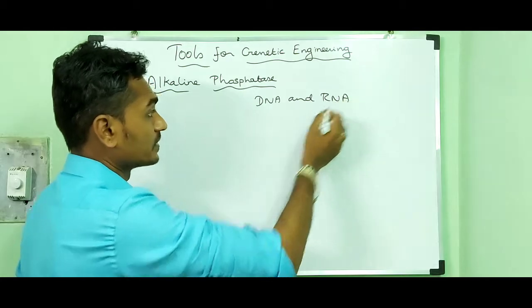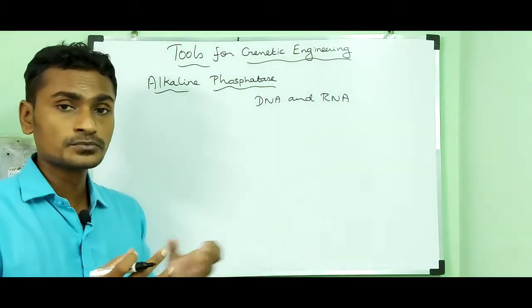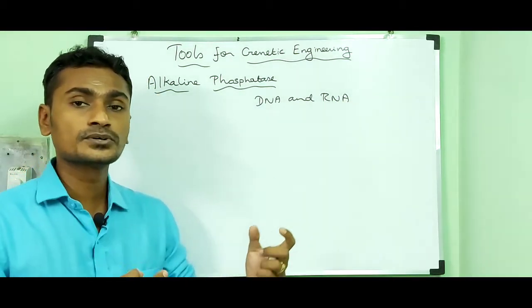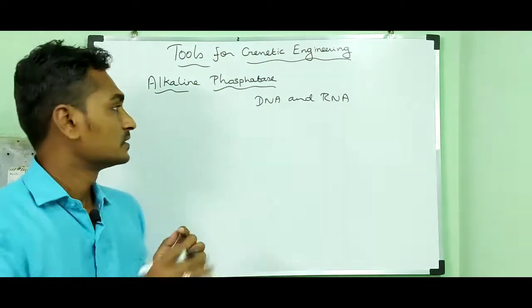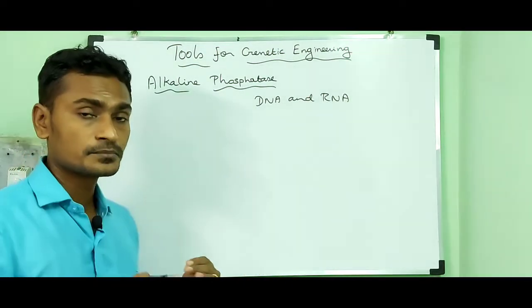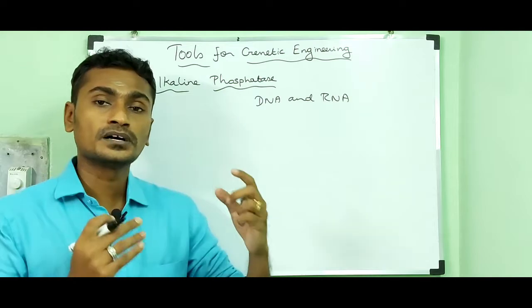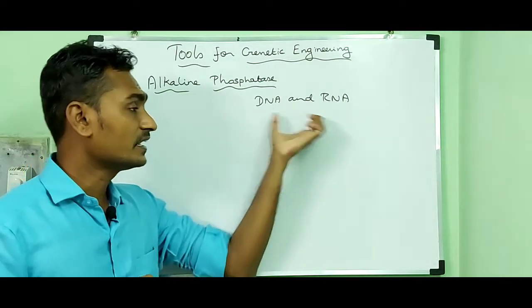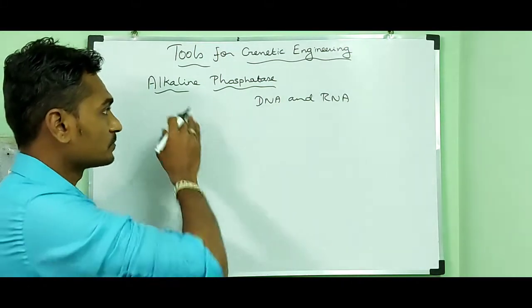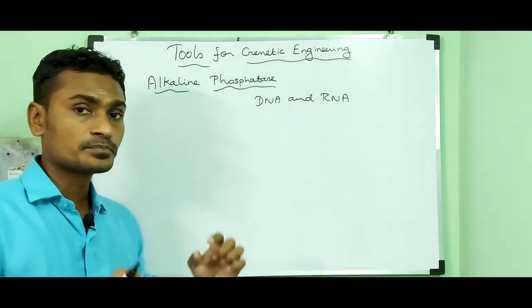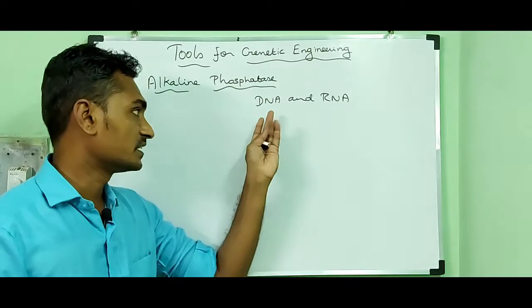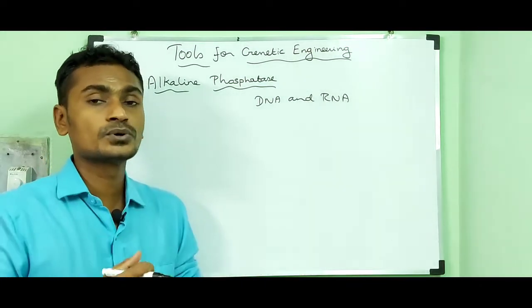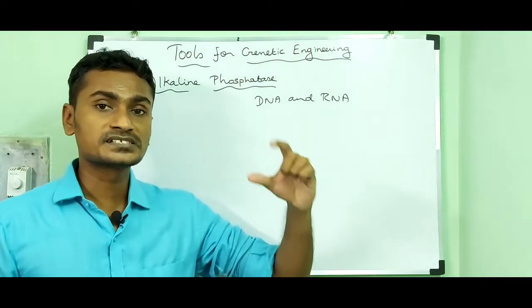Then it is also able to remove the phosphate from nucleotides and proteins. So alkaline phosphatase can remove 5' end phosphate from DNA and RNA, and it can also remove phosphate from nucleotides and